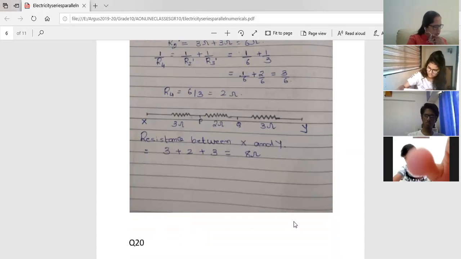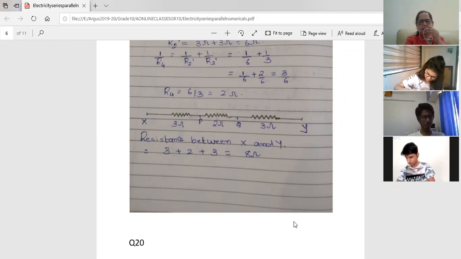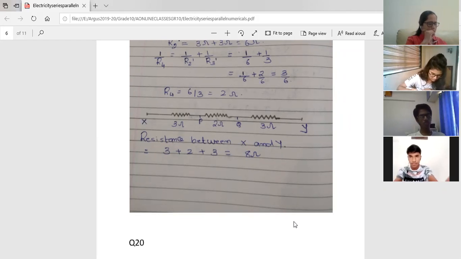Now, this was the 19th one. Okay, now see, the 20th one is a very nice one. You have got 2 resistances, 2 ohms and 3 ohms. You are connecting them in series and you are connecting them in parallel with a battery, 6 volt, negligible resistance. There is no resistance given to the battery, so no need of taking any battery resistance. Now, you have to find the current. So, draw the circuit diagram, children, and I want you to find the current.